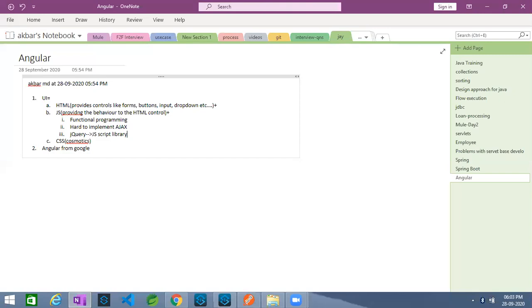It is again unmanageable code. The person who wrote that JavaScript code in jQuery, only that person or that team can understand it. If the majority of the team members have left that company, then again it is very, very hard to understand. There are no certain rules or regulations or guidelines used in JavaScript and jQuery development.